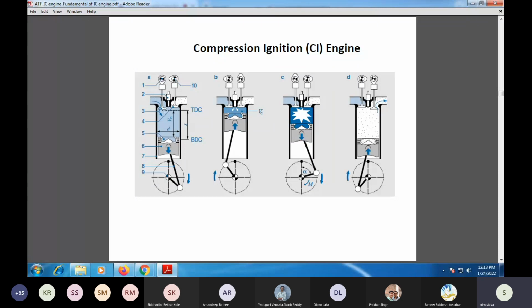So during the intake stroke, when the piston moves from the top dead center to the bottom dead center, the intake valve will be in the open condition. In fact, the intake valve,